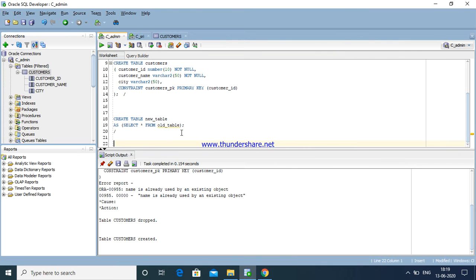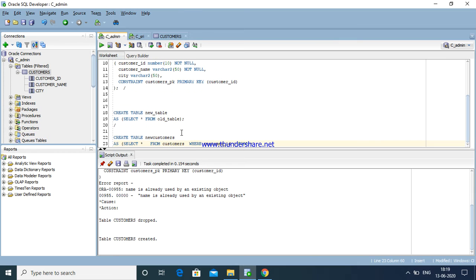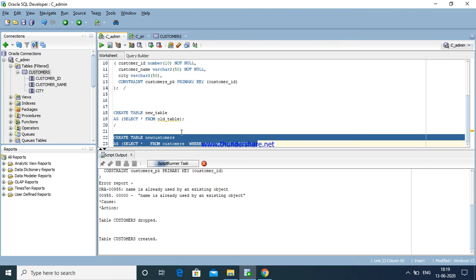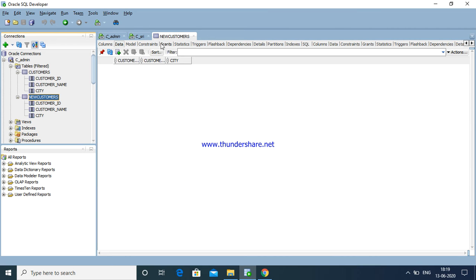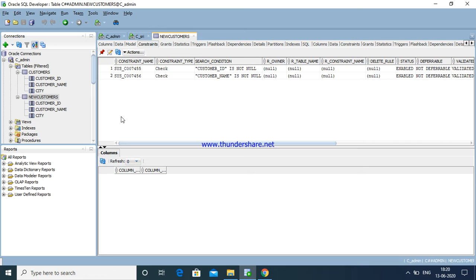Using the existing table, I am going to create a table. If data records are there, the data will also be copied. Now there are no records, so only the table is created. Just refresh. See here, new customers with the same columns. Oh, the constraints did not come.